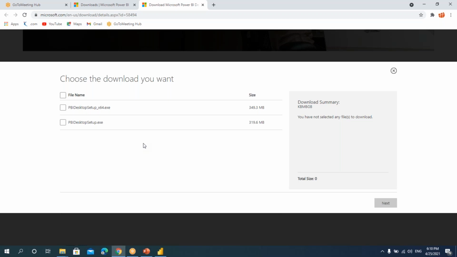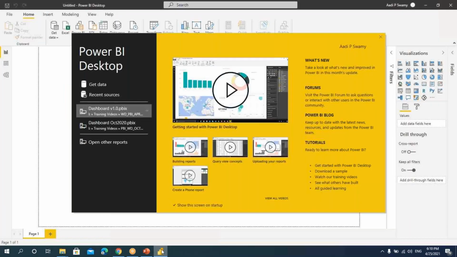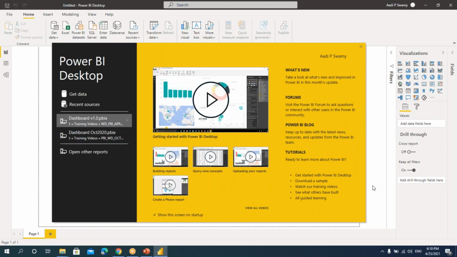All right. Once we have installed, we'll get this Power BI Desktop tool. And once you open this, we'll get the screen. Now, before working on this, let's understand how this Power BI actually works. That is the architecture of this Power BI. So what is the architecture? Architecture is how this Power BI actually works technically.